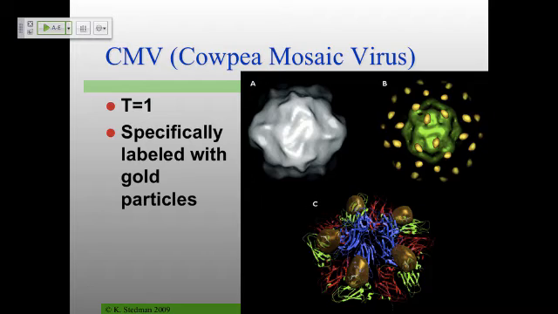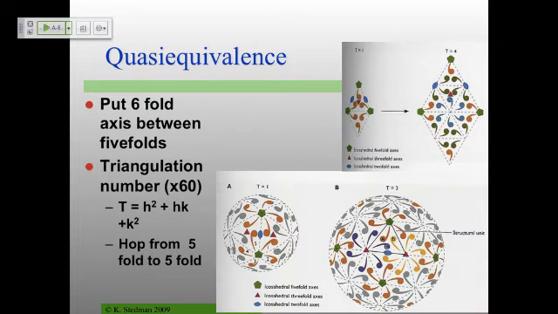Basically, all that you do is put a 6-fold axis of symmetry between each of your 5-fold axes of symmetry. So this soccer ball here is not a perfect icosahedron because we've got our 5-fold axes of symmetry, but in between them we've got all these hexagons. And so this is a really nice example of what we call a T equals 3